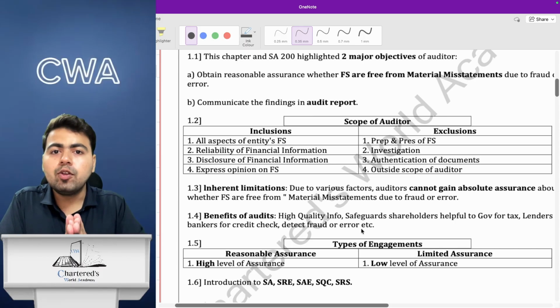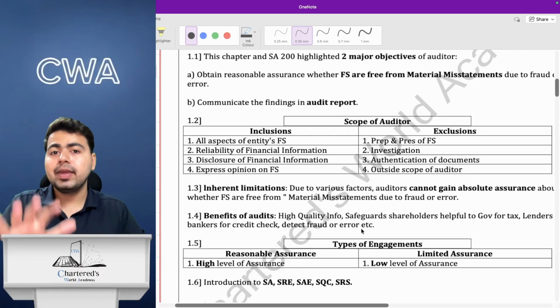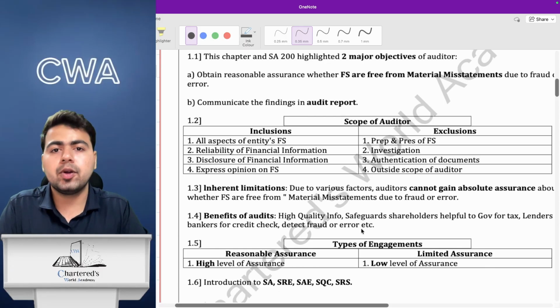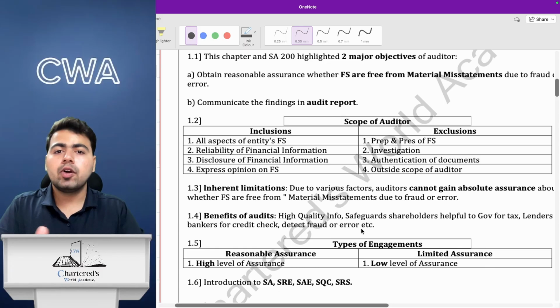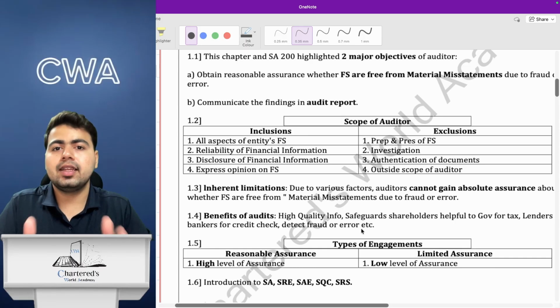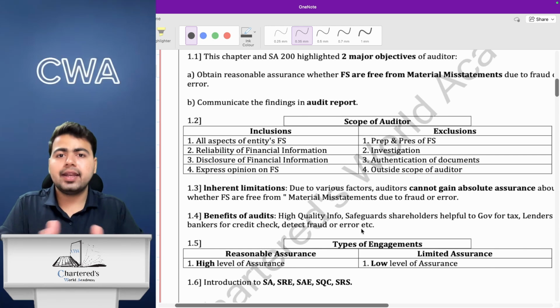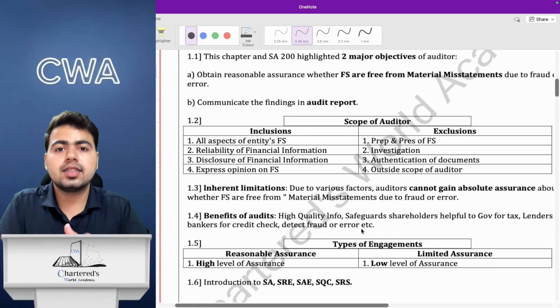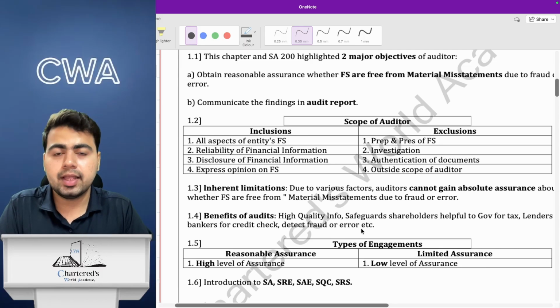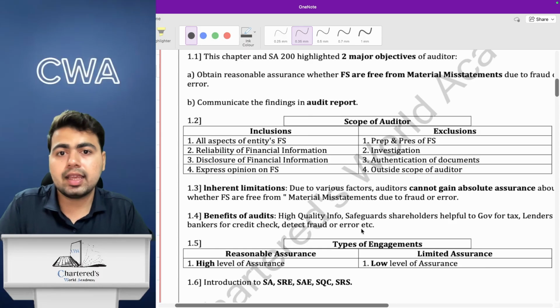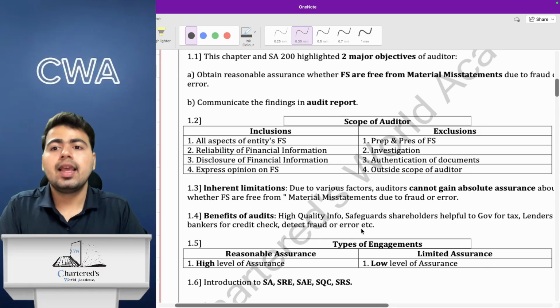Now, to fulfill the strategy that you have prepared for conducting audit, हम audit plan करेंगे. अब I'll give you an example. I'll make you understand कि audit planning क्यों इतनी important है. For example, if you are planning to make an investment in any of the company, in any of the shares of the company, now prior to making an investment, you'll plan it, you'll understand what is the nature of business of the company, right? You'll also understand what are the risk areas of the company, what are the threats to the company, and lastly,